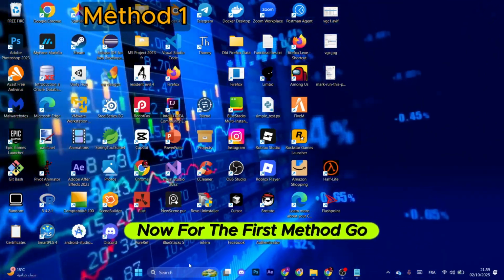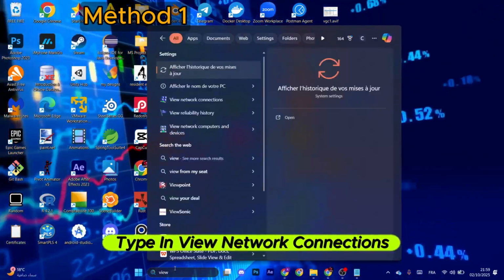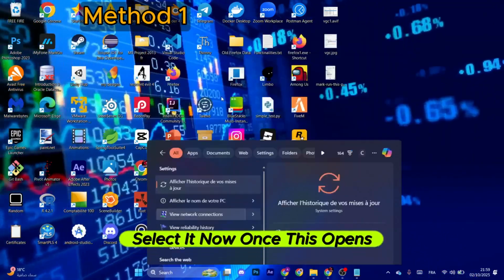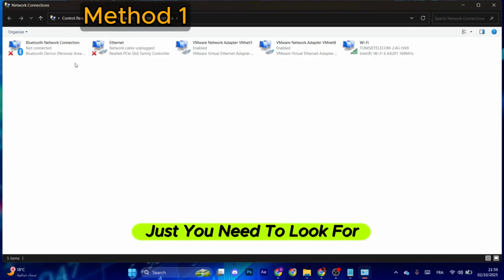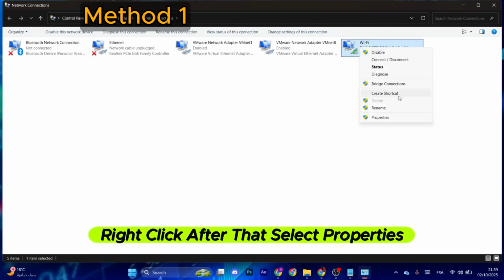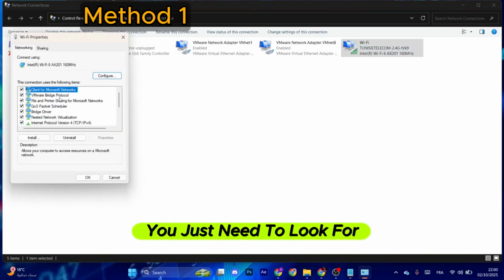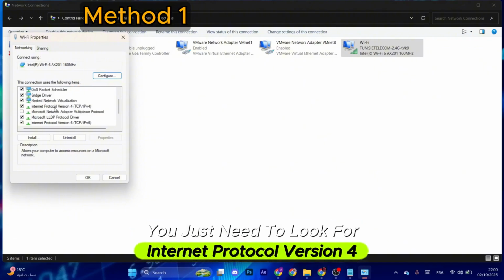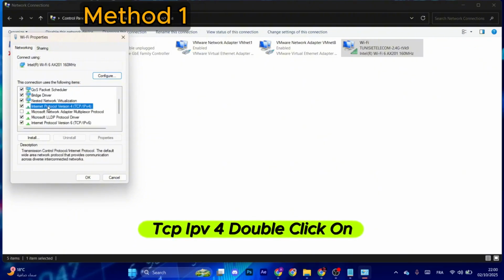Now for the first method, go to the Windows search bar, type in view network connections, you will find it right here, select it. Now once this opens, you need to look for your Wi-Fi, which is this one. If you do use one, right click, after that select properties. Now you just need to look for Internet Protocol version 4 TCP IPv4, double click on it, and then you